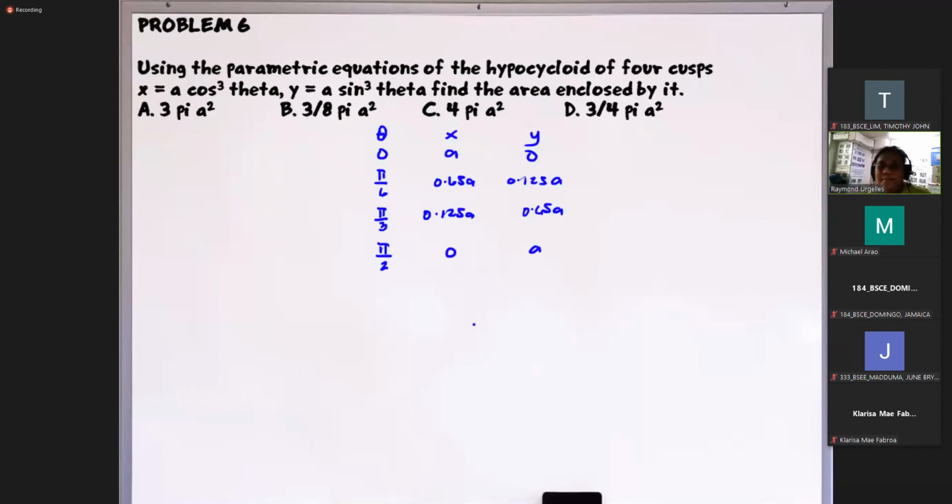So any questions dito? Okay? So yun again, so test natin yung symmetry. Diba? So ano ba yung sa symmetry natin? So again, pag symmetric siya with respect to the x-axis, no? Okay, so ibig sabihin, hindi magbabago yung x kasi ito lang yung x niya, diba? So hindi magbabago yung x pero yung y, from positive magiging negative, diba? So therefore, if we replace y with negative y, so we should get positive x, diba?